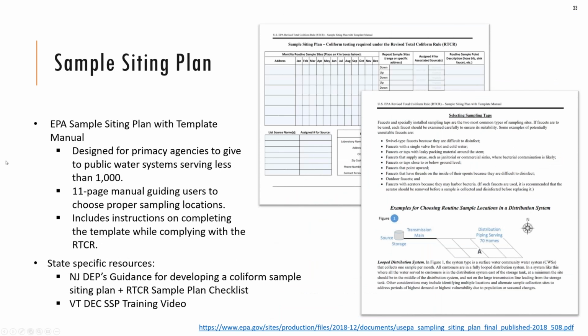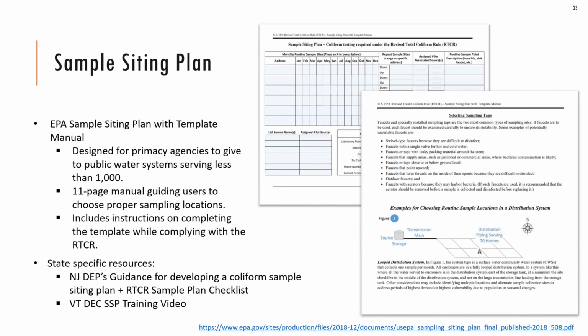So now that we've established monitoring requirements, let's discuss what the sample siting plan is. Under the RTCR, water systems are required to develop or update a sample siting plan, which specifies where routine and repeat samples will be taken from, sampling schedules, information on the water system, and ideally a map of the distribution system.